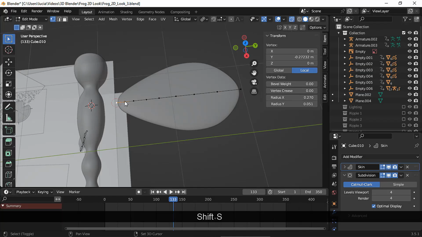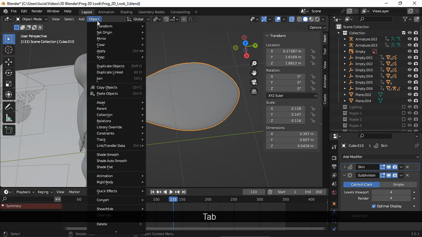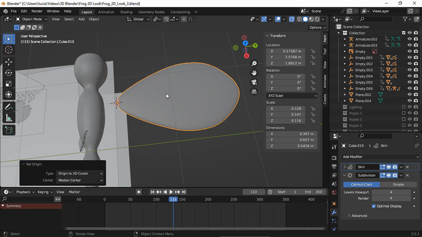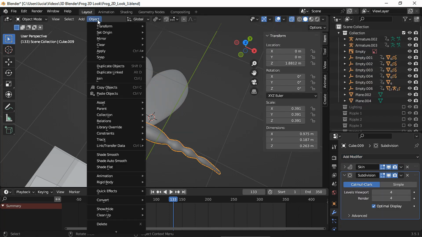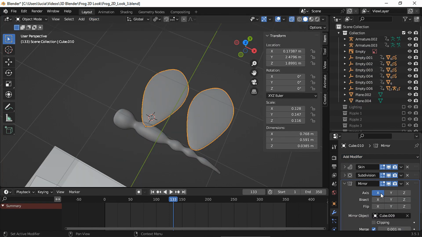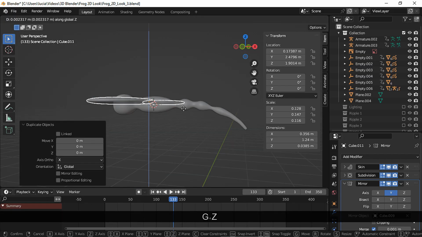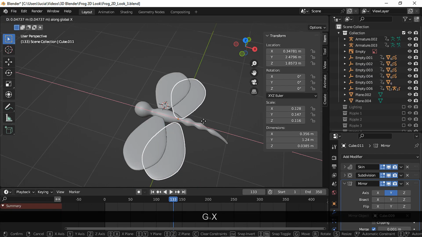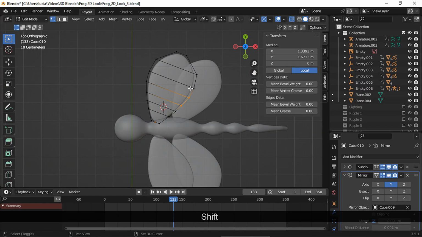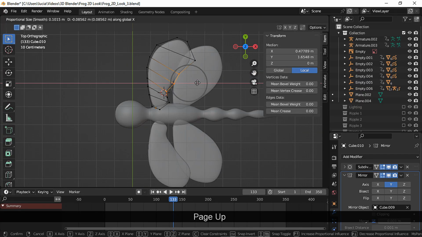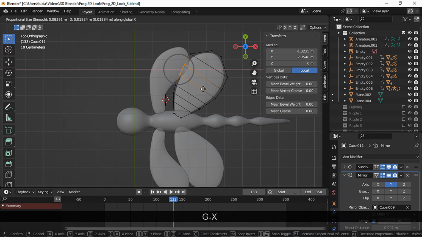Placing the origin at the tip of the wing was gonna make the animation process way easier. And of course, there's no need to model the other wing, a mirror modifier will do the work. I added a second pair of wings and after placing them, I realized that they were going to touch when I started animating them. So I applied the solidify modifier and I changed the shape of the wings a bit